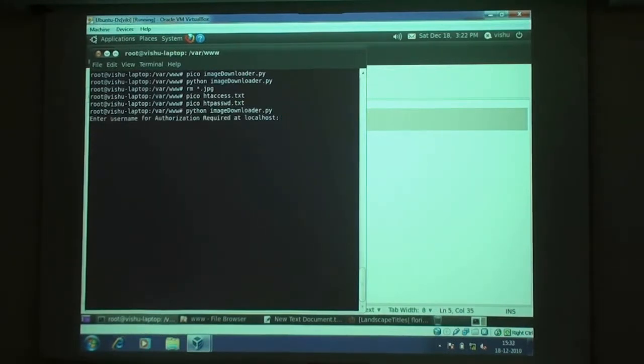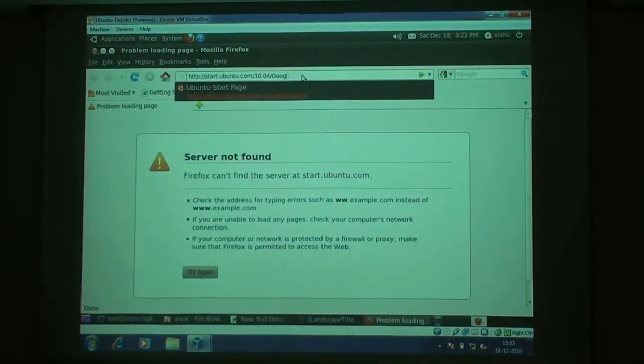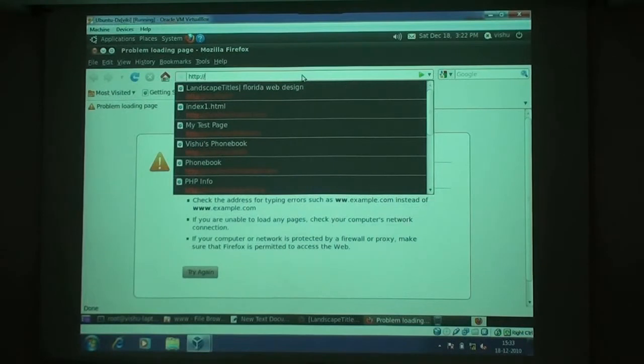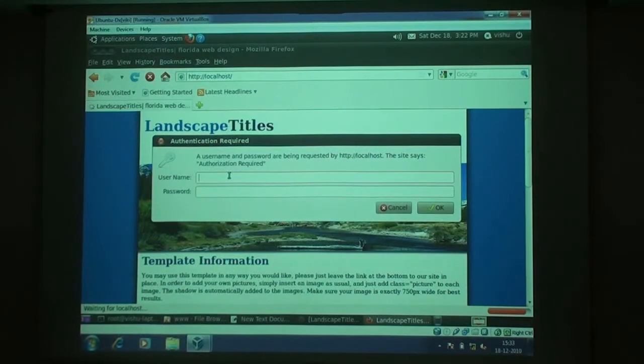So here we can see that it is asking for a username, and when we enter any wrong username, it will also ask for password, and if we enter a wrong password, then it will not access that site. It will again prompt for the username and the password, and also we can check in the web page whether the protection mechanism is implemented there or not. So here it's asking for a username and password. So until and unless we enter the right password, we will not have the ability to access the website. So when we enter the correct password,